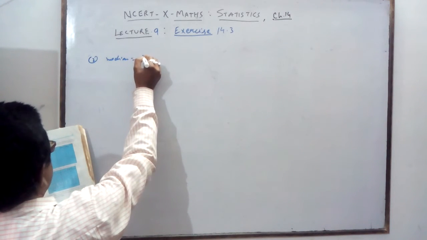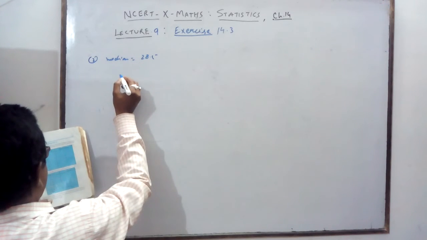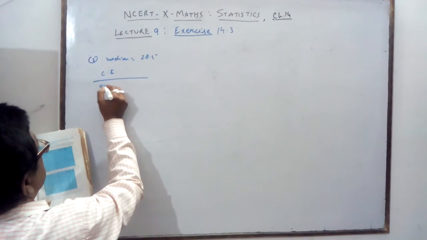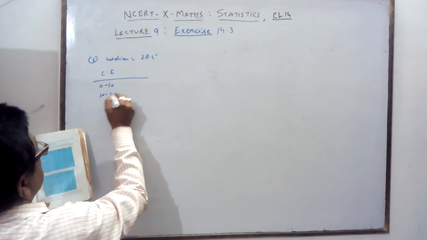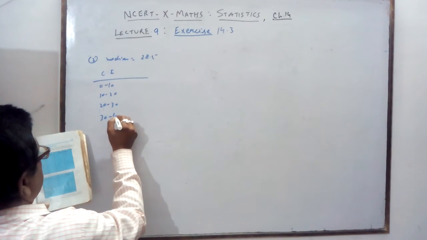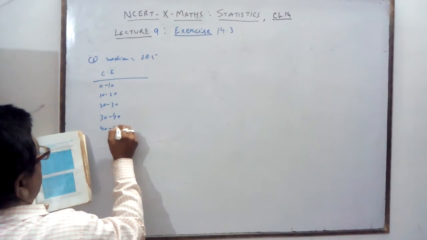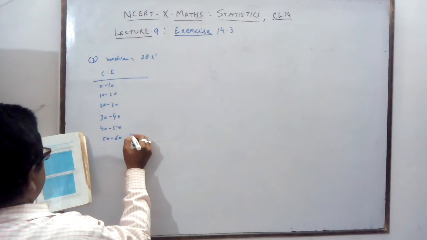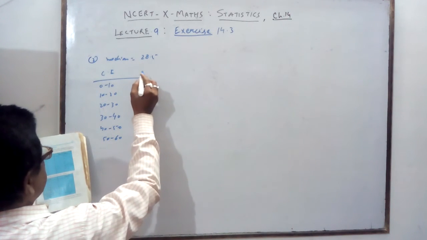Median is given 28.5. CI is given: 0 to 10, 10 to 20, 20 to 30, 30 to 40, 40 to 50, 50 to 60. And then frequency is given 5, x, 20,